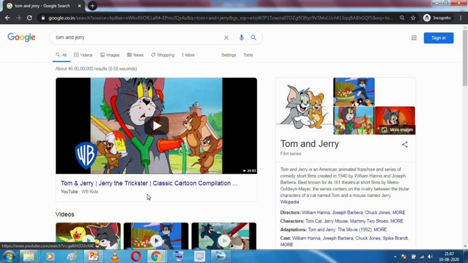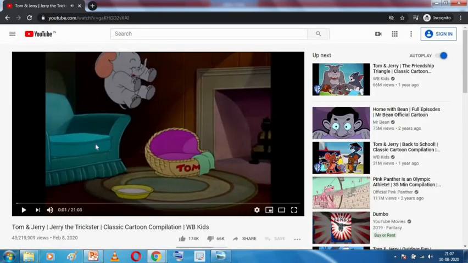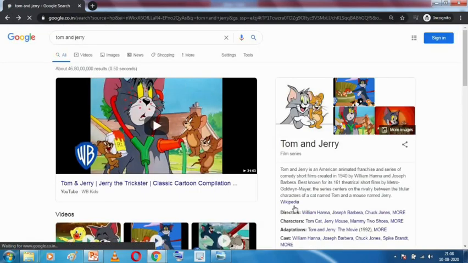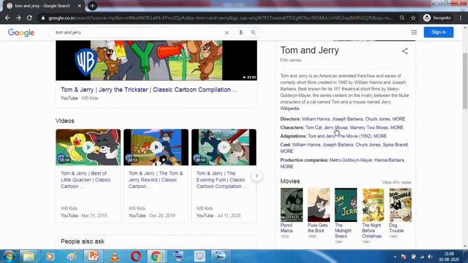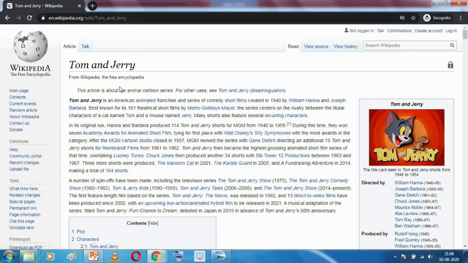So see, now I'm going to click on this. As soon as I clicked over here, I have been directed to a new page and the video has started to play. In the same manner, all these blue characters over here that you can see are different links. Your images can also be treated as links. Suppose I click on this blue colored text, I will be directed to a new page. That means when I click on that text, I have been directed to a new page.